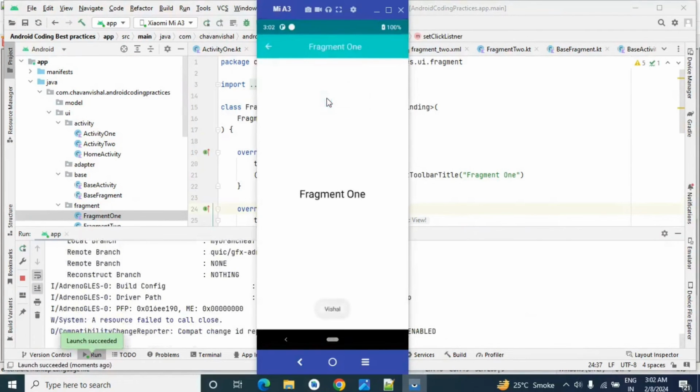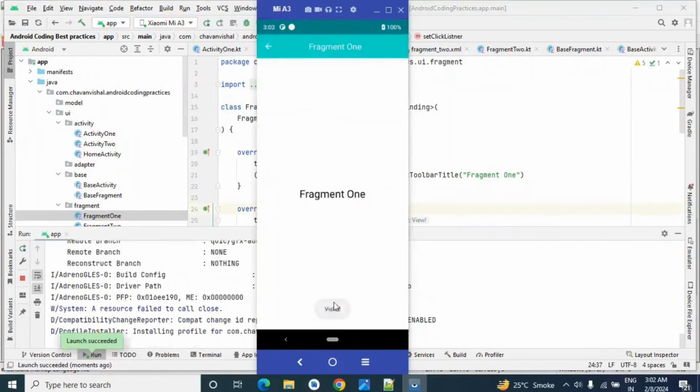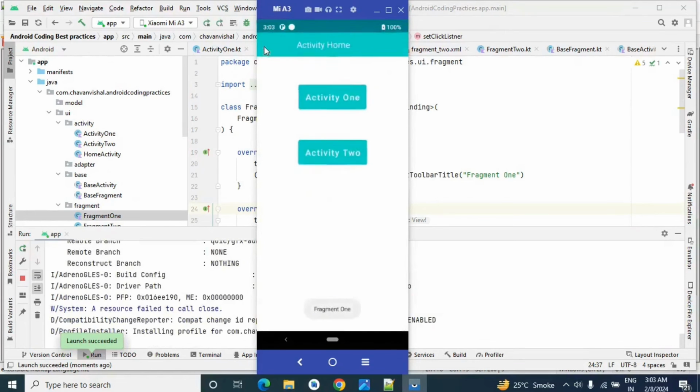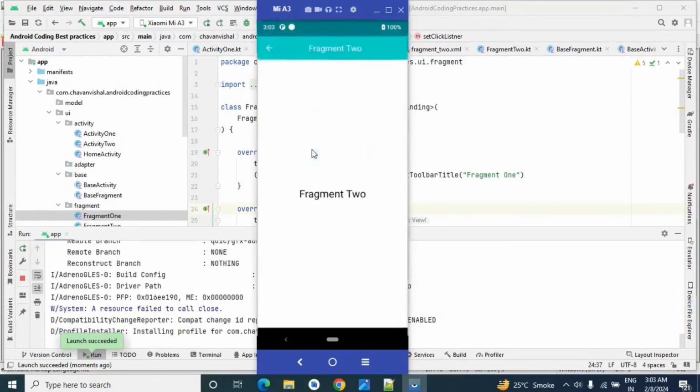In activity 1 we have added fragment 1, and if you can see, we are showing the toast message here, Vishal. Fragment 1 is also there, and on click of this fragment 1, the toast message is showing again. Again go back to activity 2. Here in activity 2 we are not showing any toast message because we have not overridden that set observer method. On click of this, fragment 2 is showing.